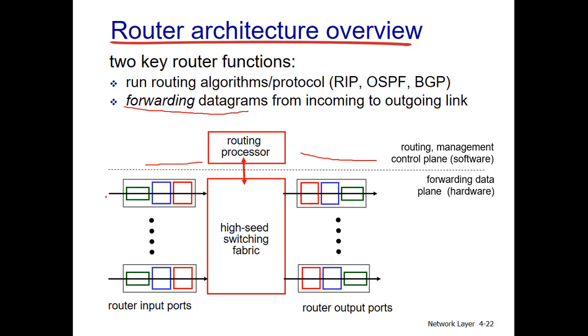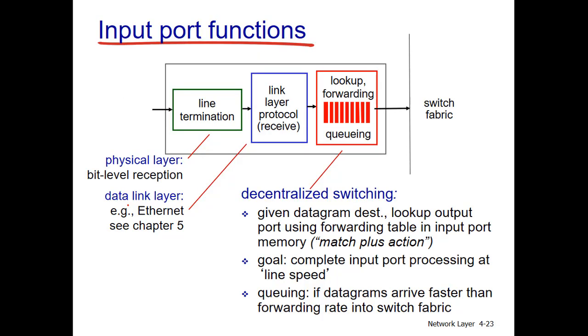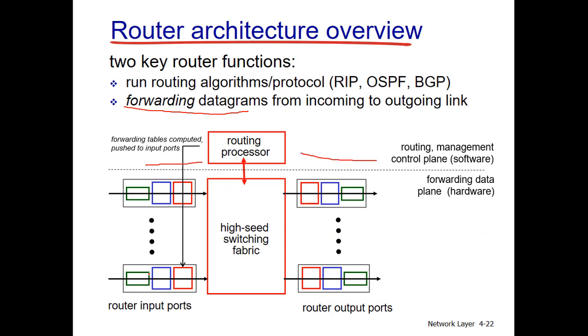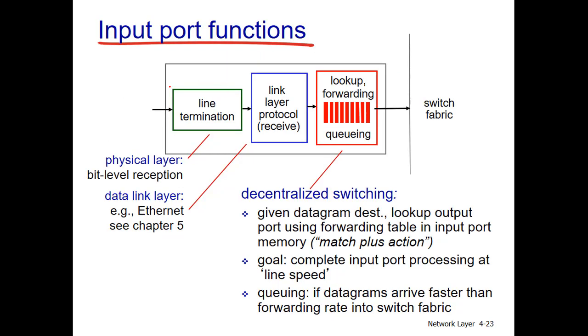Whenever a packet arrives at the port, which is the Ethernet port that you are familiar with, the RJ45 connector, the packet needs to be stored at some place. So the packet first of all is stored. This is the line termination. So the packet is coming, then there is line termination, the link layer protocol, and then forwarding and lookup table,